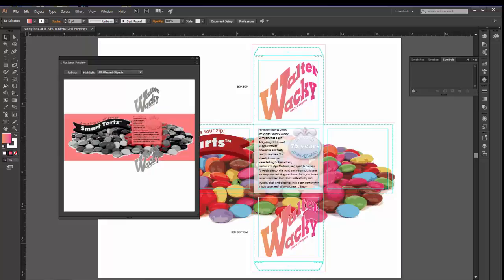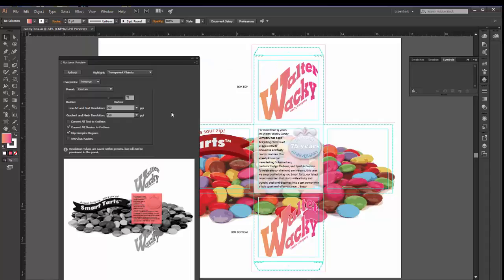We're going to see that area where our original image was placed. We can highlight different areas depending on what we need. If we go in to highlight transparent objects, it's the transparency that was applied to the box that we placed our text in. We can show our options,